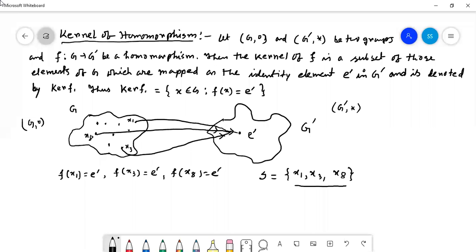So for this one, we can say that this is the kernel of homomorphism. Now it is clear to everybody? Did everyone understand this? Yes, sir. Okay, then we are going for